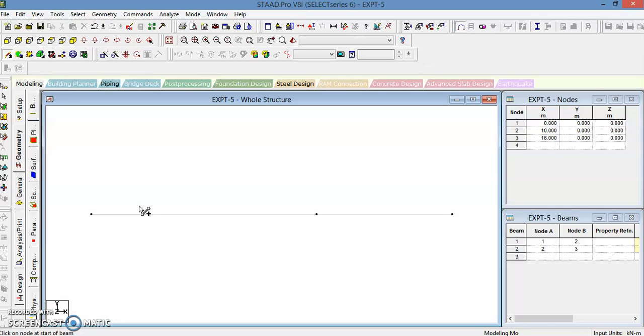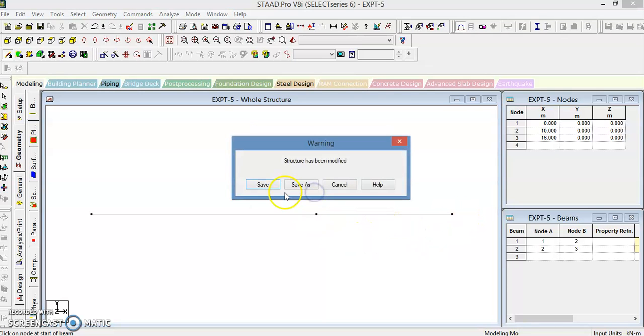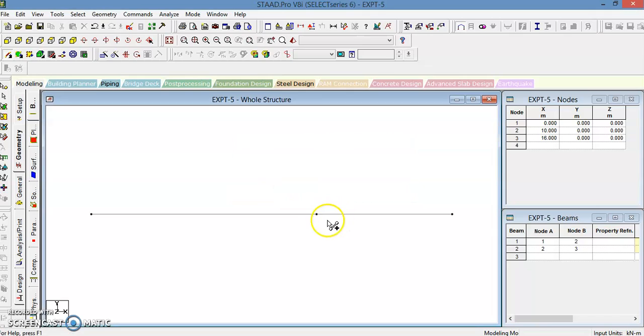Now, again, here one change is that for span AB the value of I is I, but for span BC the value is 2I. For span BC the value is 2I. So when you enter the values of B and D, you will have to enter the value of 2 into I. We will see how to give that value if the I value is changing in your beam.